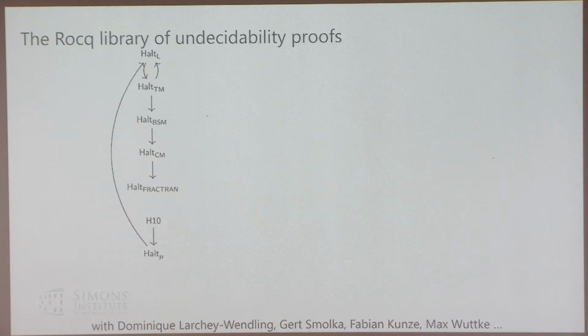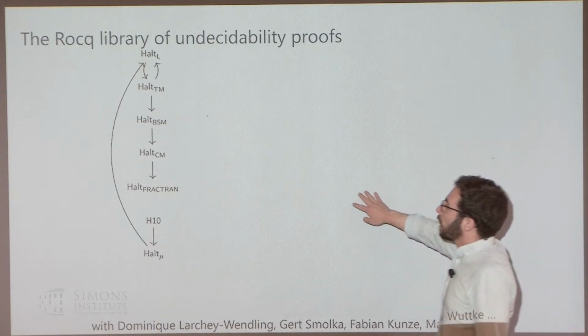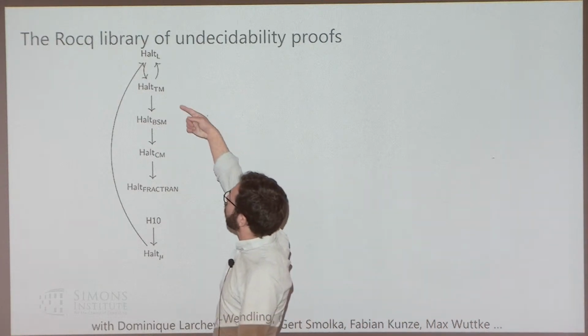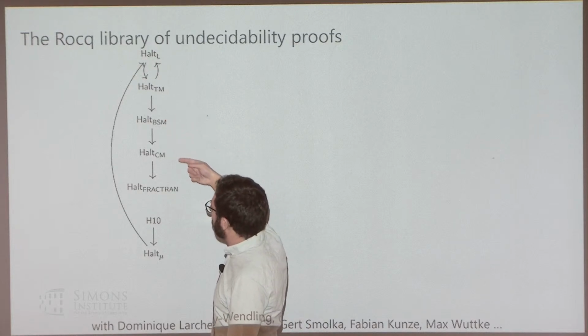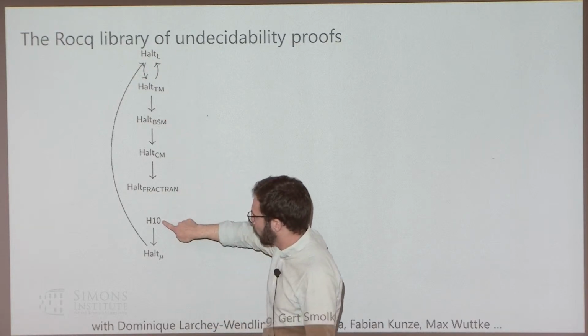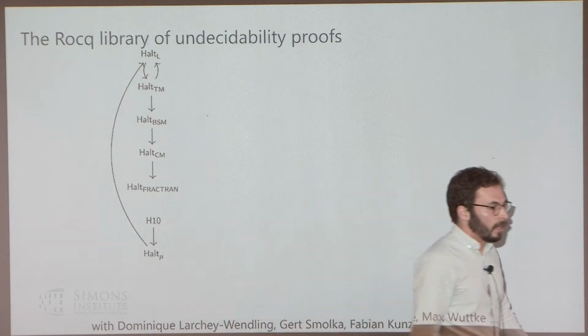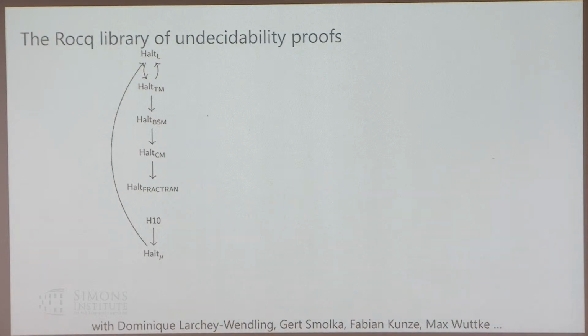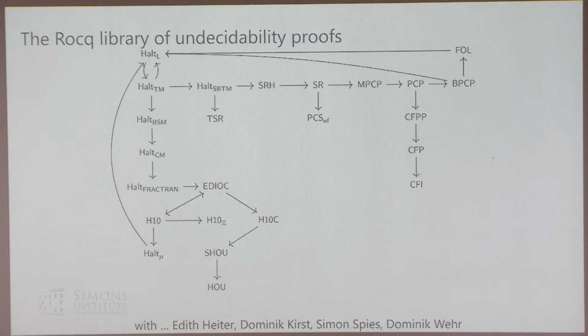And then we have this library that has all of these things as many-one reductions: the halting problem of lambda calculus, Turing machines, counter machines, Fractran. We have Hilbert's 10th problem, the halting problem for mu-recursive functions. In the end, these are simulation proofs, and simulations are computable functions in the sense that they are programs written down in ROC, could have been Lean. Because they are programs, they are computable. You don't have to do the computability proof. You can believe it.